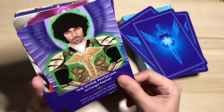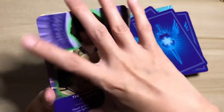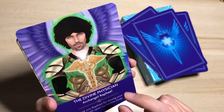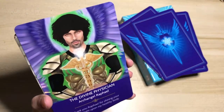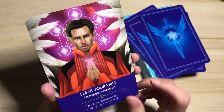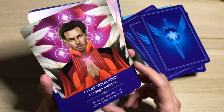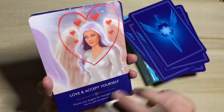This one reminds me of Prince, like the artist formerly known as Prince. May his soul rest in peace. But I'm confused with the outfit, with the armor, and this one kind of reminds me of Doctor Strange. Is it Doctor Strange? Yeah. And I love Archangel Metatron, he is like my angel. But yeah, this one is